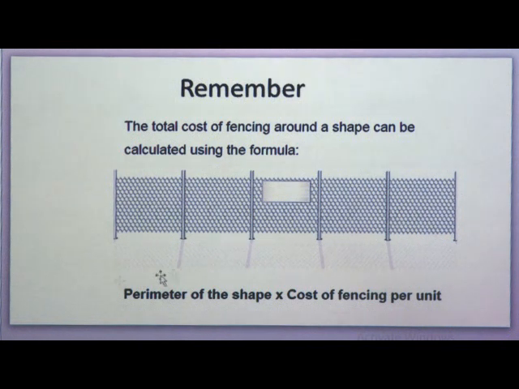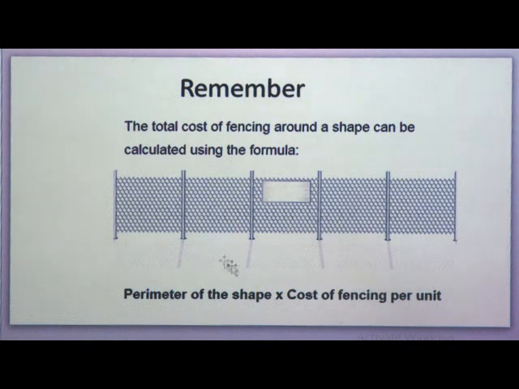If you have an individual house, you can fence there also, and we can fence a farm, field, resort or something. We have to find out what will be the total cost for fencing around the shapes, and by which formula we have to calculate. So, perimeter of the shape into the cost of fencing per unit. The perimeter of any shape you can find out, because we have seen examples here.